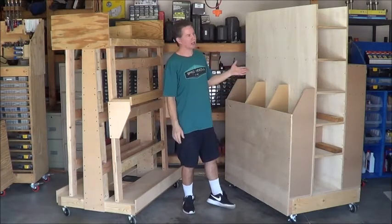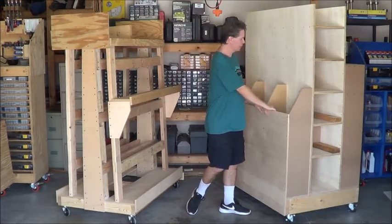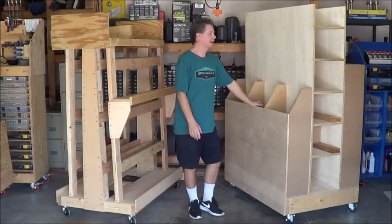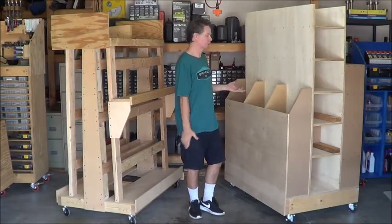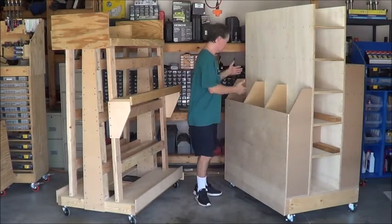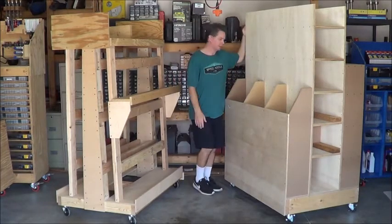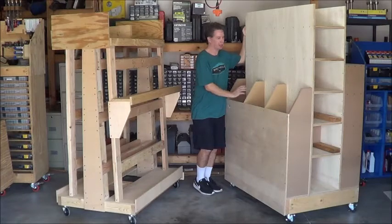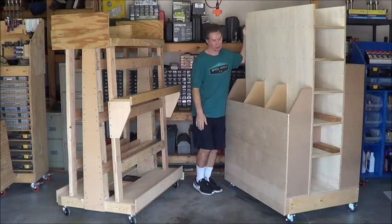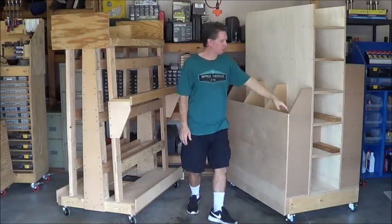So this one, I took a lot of cues from Steve Ramsey's storage cart build. He had a lot of really good ideas. I think I scaled it up a little bit on this one from his design, but it's working out really well. On the end here, I've got some vertical storage, just bins, and that just helps me divide up different types of materials. Like I had some PVC pipe stored in one and some trim in the other, and then just some longer pieces. And that works out pretty well for just sort of random stuff that you want to store. And then on the other side,